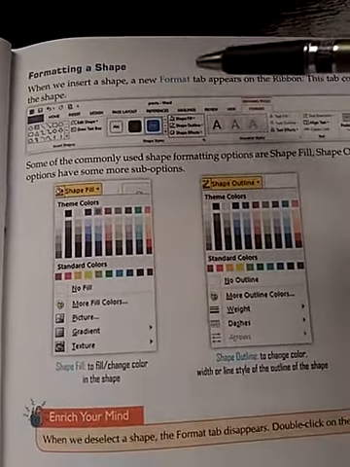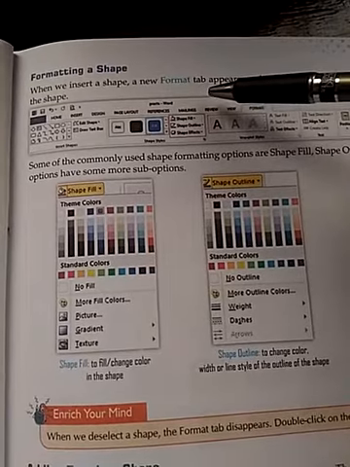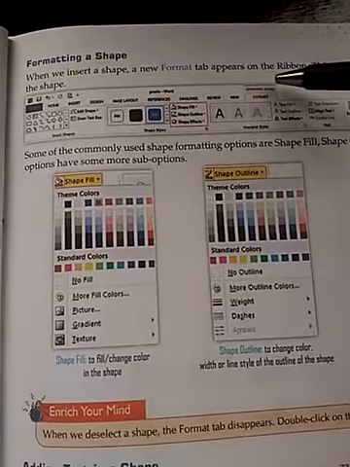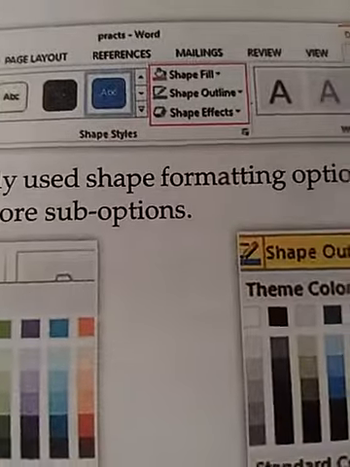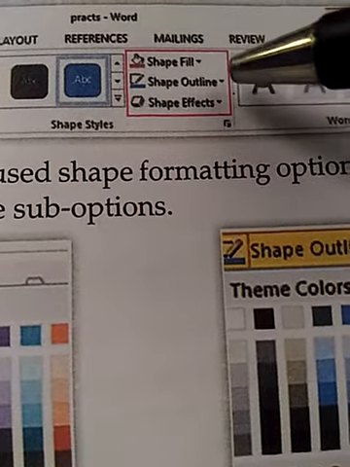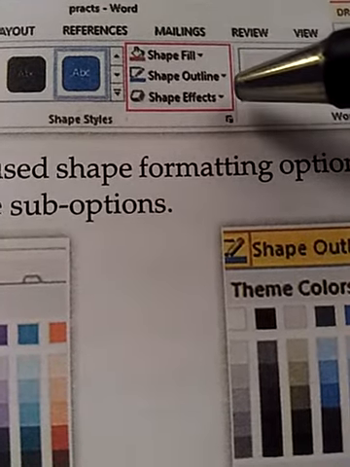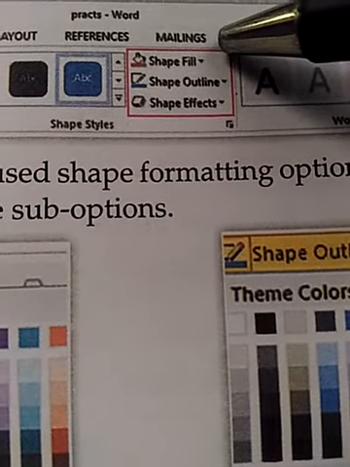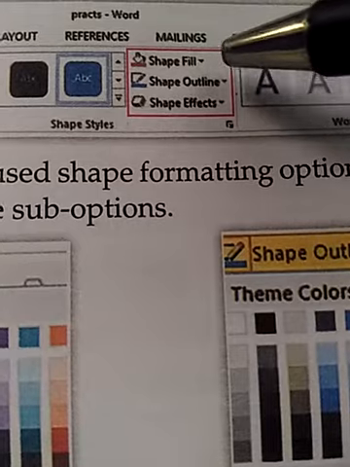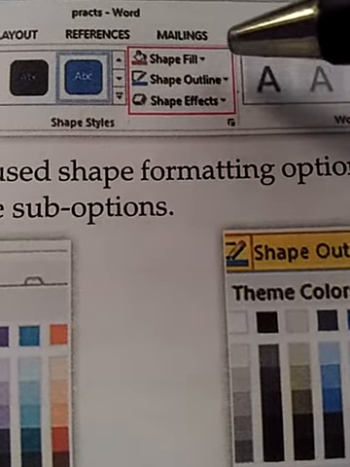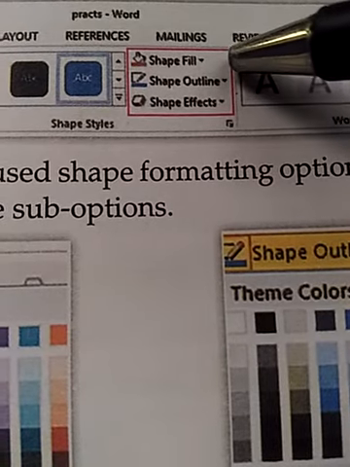After inserting the shape in the work area, if you want to format it, then click on the Format tab. On Format tab, you will find these options over here: shape fill, shape outline, shape effect. Shape fill means if we want to fill the shape with some color, then that can be done with this option, shape fill.